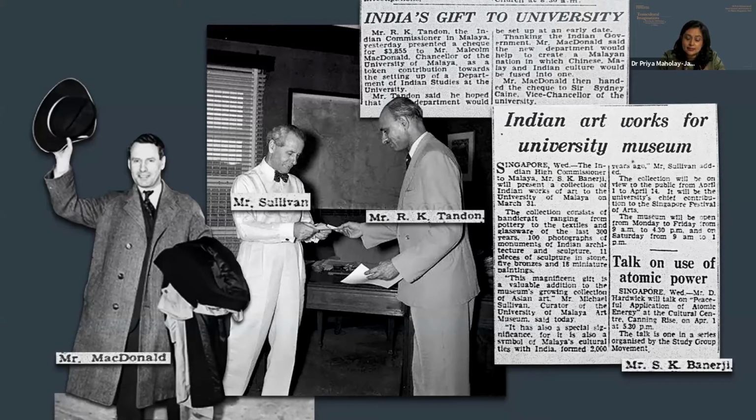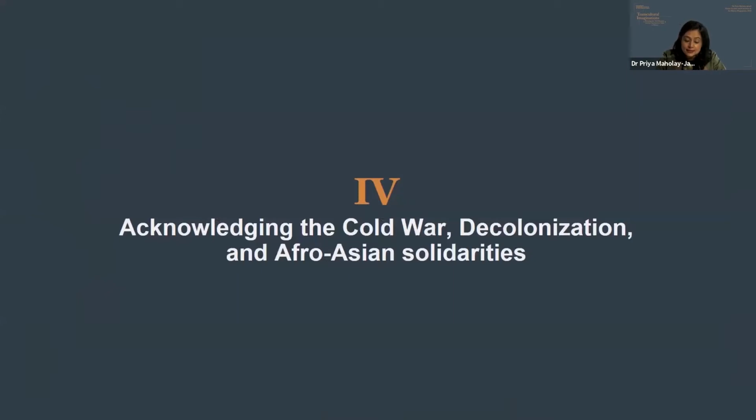Now, despite these direct or indirect references, gaps remain in our understanding of the purpose and the scope of this gift. How do we read this donation beyond its obvious nature as a diplomatic gift? I suppose the answers lie in the geographical and temporal location of this donation. An India-Malaya exchange, which occurs in 1959, makes this gift worthy of being opened up to a wider political and